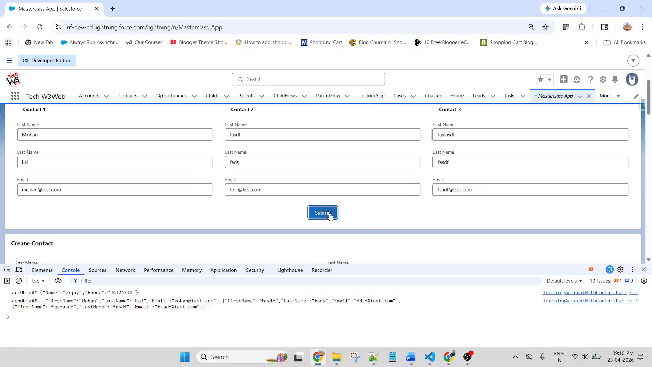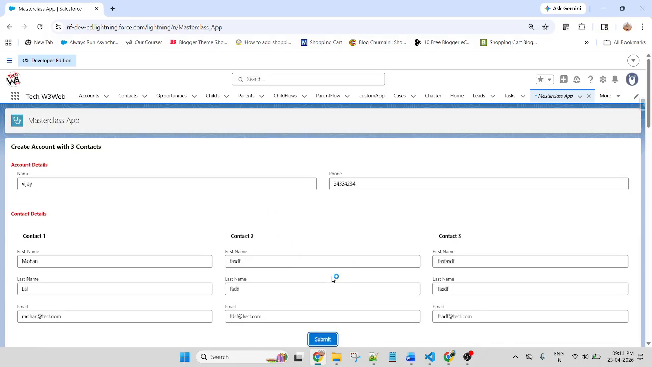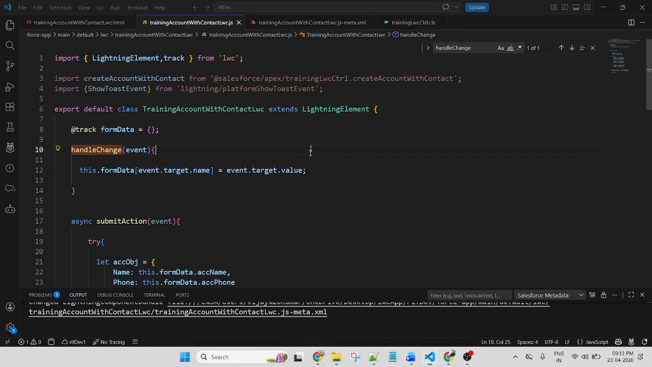Yeah, you can check. This is the account data, Vijay and phone. This is the contact data. There are three records created in the contact. This is for the first record. This is for the second record. This is the third record. So that means my function is working good. So friends, got it, the function. Now let me work on the